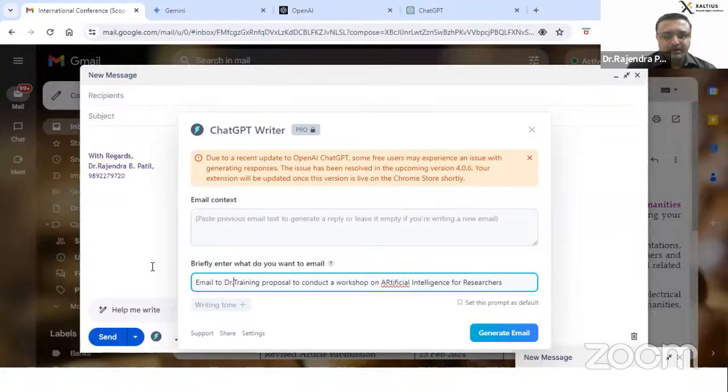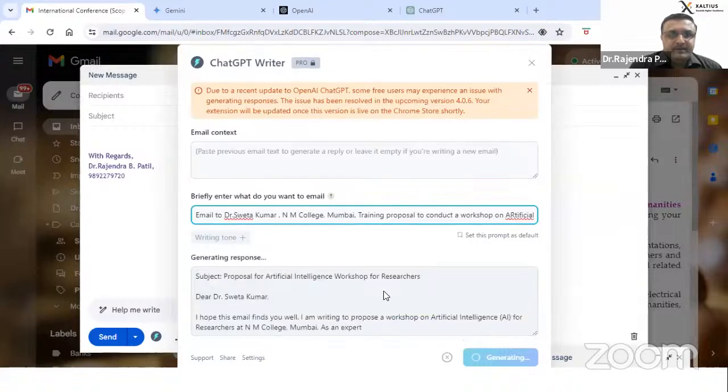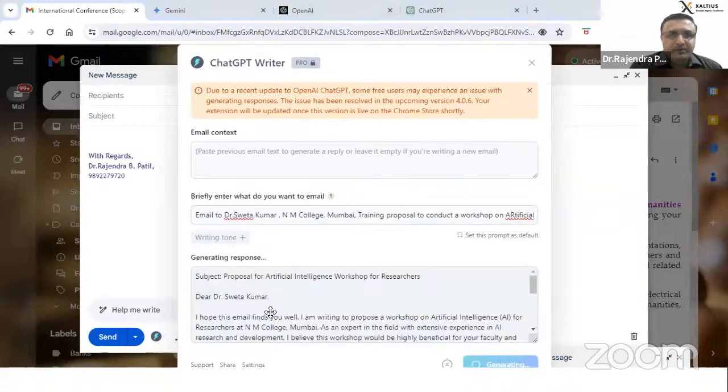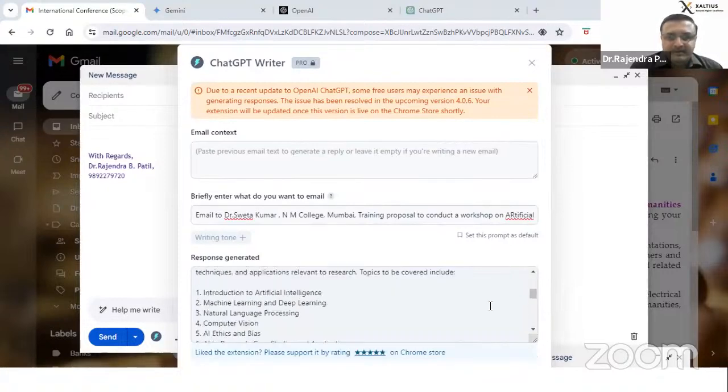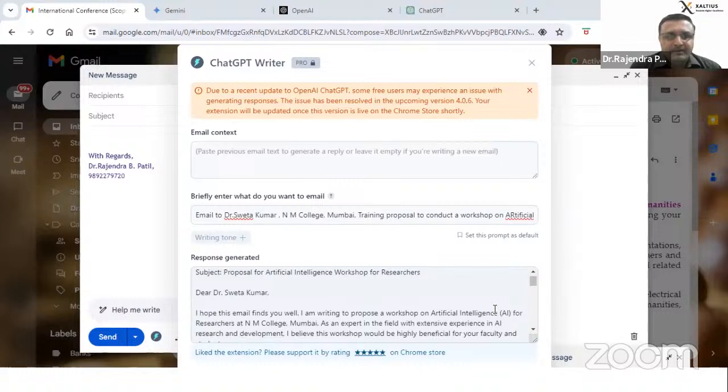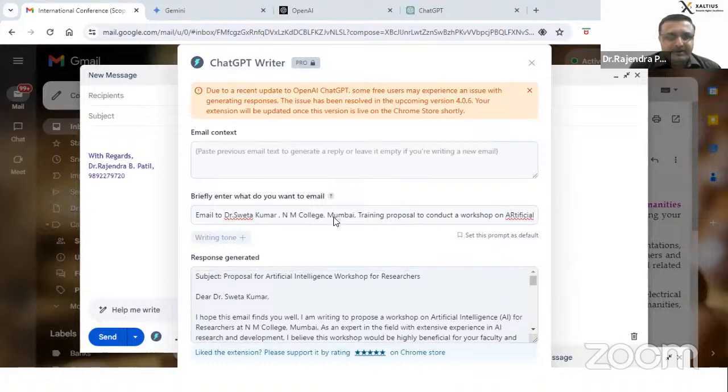Email to Dr. Shweta Kumar, NM College, Mumbai, for the training proposal. So I'm just generating the mail. See the prompt, whatever I designed. Can you see? The response is generated.